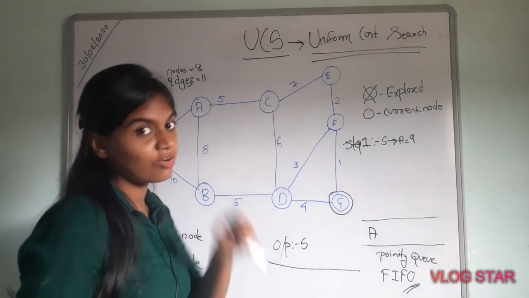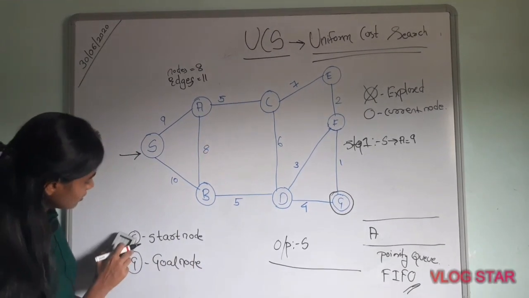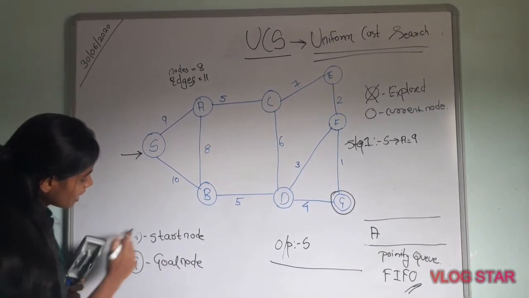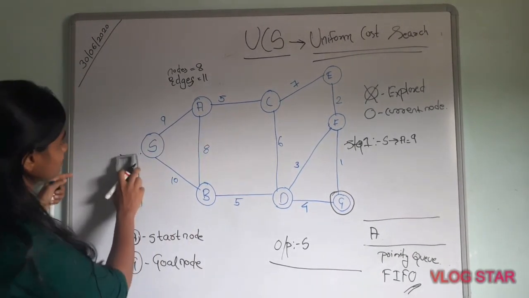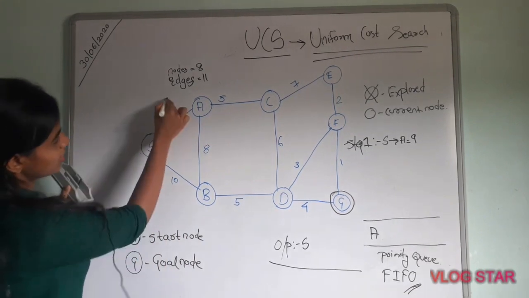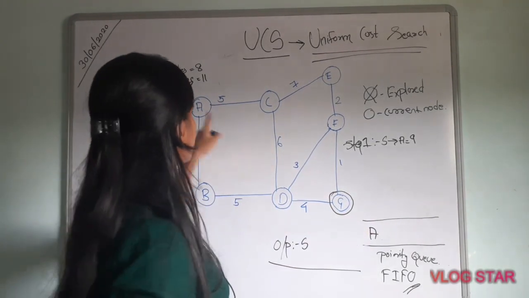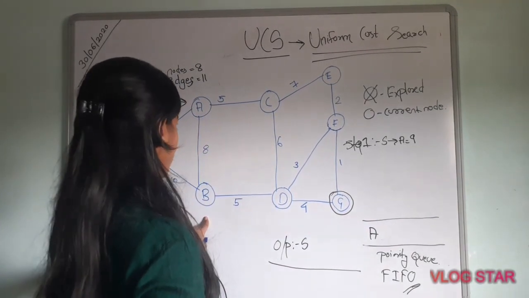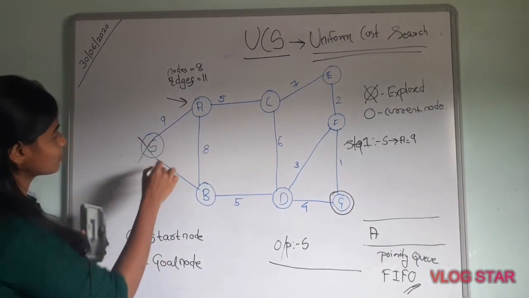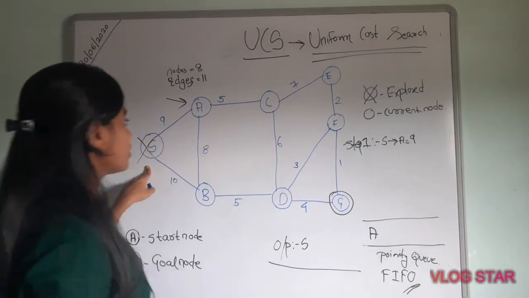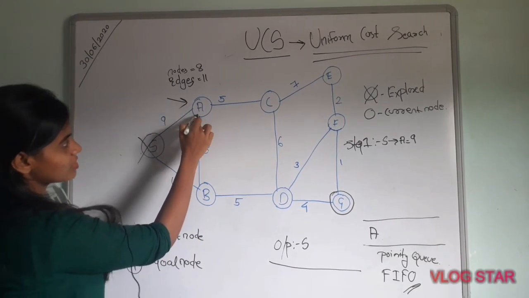Now the start node is no longer S, our start node is A. So we will change it here and put that our start node is now A. Okay, A is now our start node, our initial node. Now A is put into the queue. After that we will see that A is connected to C, A is connected to B. A is also connected to S, but S is already explored. Remember that you must mark explored nodes, because now the current node is this A.